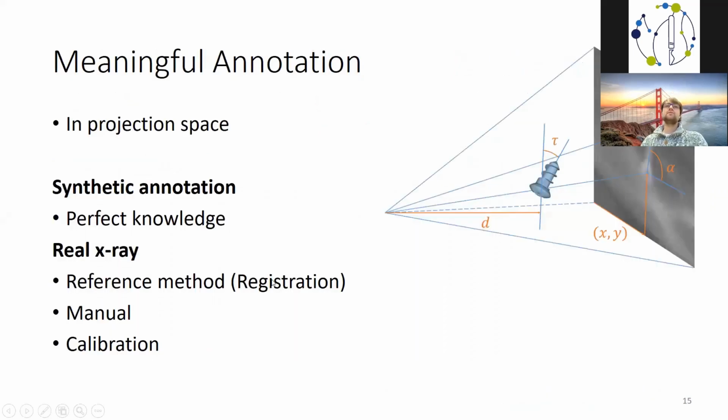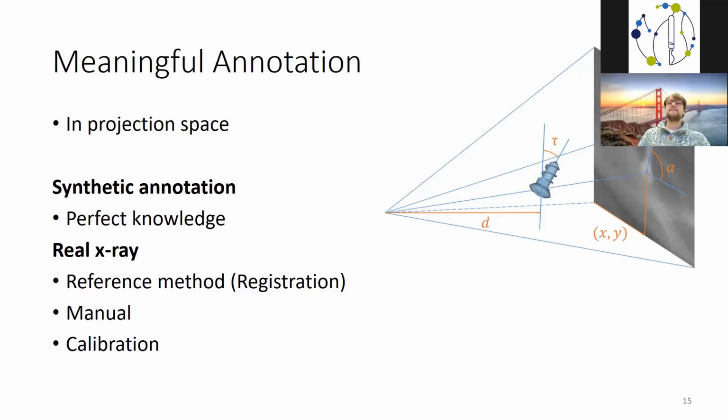So going back to what we were looking at in terms of annotation, obviously in the end we want to know the position with respect to the patient. But this is really difficult to do in many ways. So the best way to actually work with this is to do it in the image space we found, or more likely the projection space, which then includes the dimensions of the depth and the tilt with respect to the